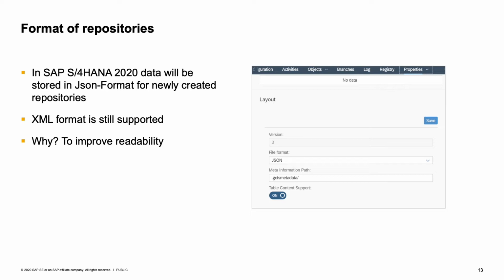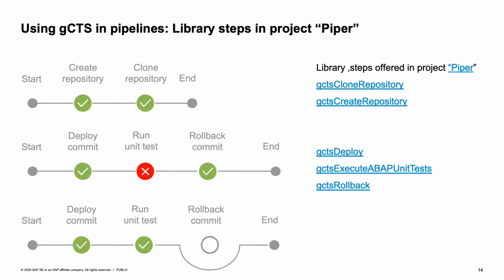By default, it will be set to this new format when you create a new repository. The idea of this is that the content that is stored on Git is now a bit better readable. There's still a lot of information, but you don't have these XML files anymore, which need a lot of space and provide a lot of tags around it that you might not necessarily need. So now you can view them in a JSON format.